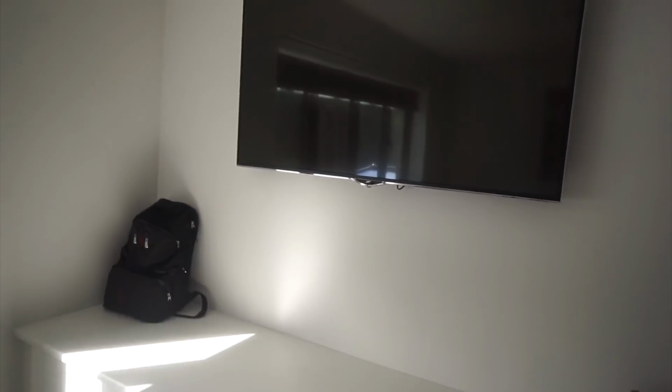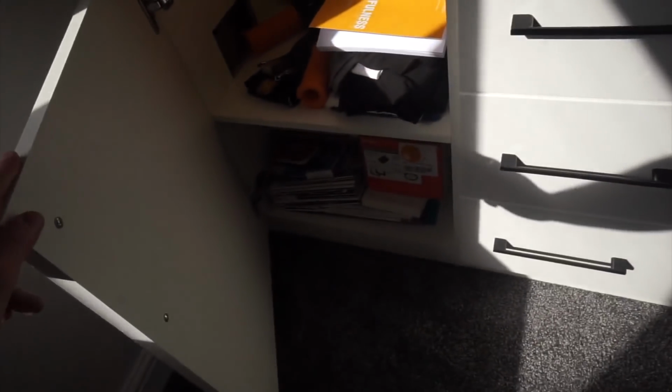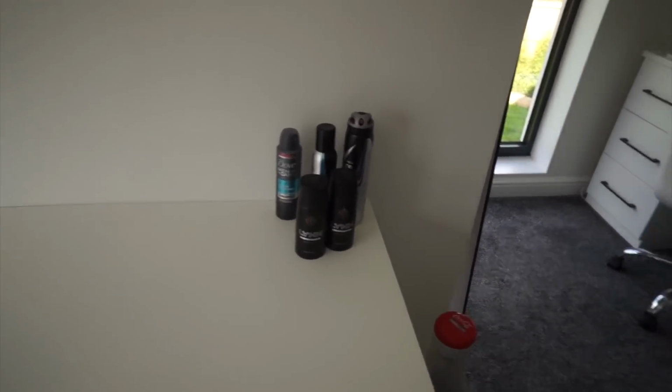Got a nice TV, so I watch my Netflix, YouTube. Don't really watch that much TV, to be honest. I like watching sports, so I watch a lot of football, F1, tennis, more of that type of thing. Films, I am a big fan of films as well. Got some more drawers, cupboard space, got some books in there, loads of clothes in there. I'm not going to show you in there, but a nice work surface space, deodorant, got a bin, and